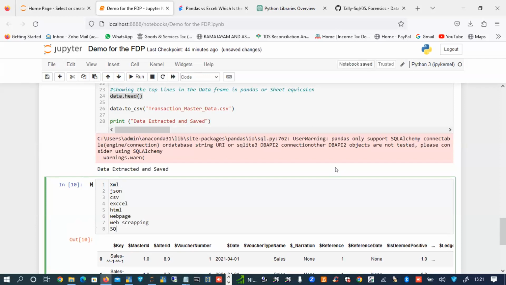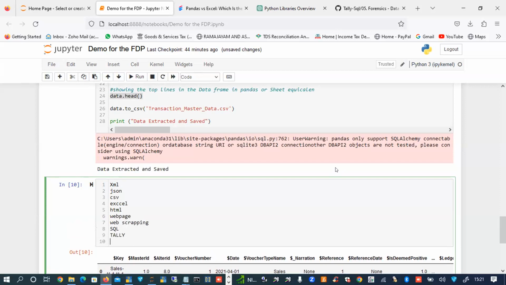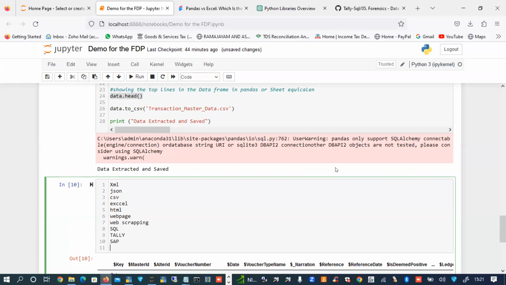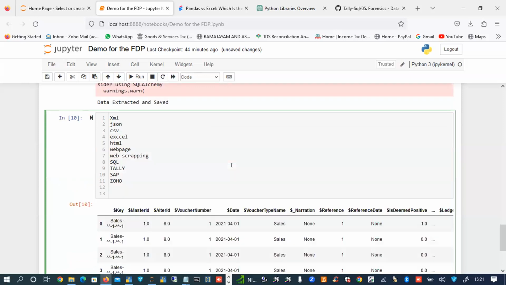SQL, last but not least, which we have done. You can also connect Tally to a SAP application. You can also connect to Zoho. You can put any connectivity, any technologies you are able to work on.